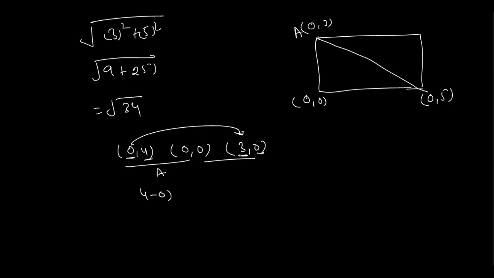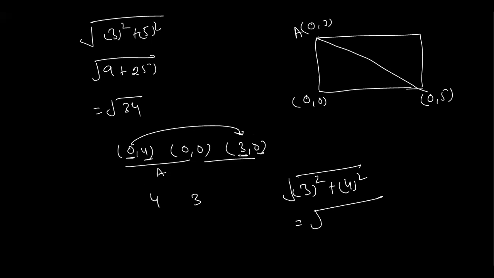Because 4 minus 0 and 0 minus 0, under root square, you will get 4 square, then root 16. So you can write directly 4. And the distance between this and this is actually 3, because here 3 comma 0 and 0 comma 0. And the distance between these 2 points is 3 square plus 4 square under root. So you write 9 plus 16, then you get 25, and then you get 5. Add all these 3 and you will get your answer: 5, 3, 4, that is 12.